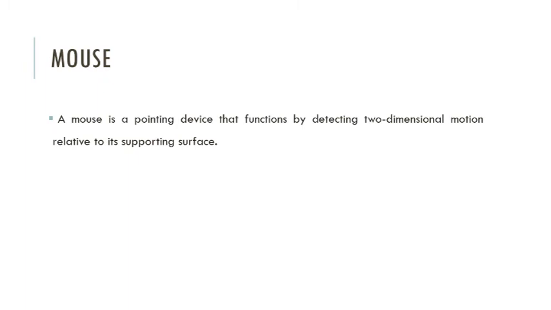Firstly we have to focus on the topic, the mouse. The mouse is a pointing device that functions by detecting two-dimensional motion relative to its supporting surface. We have the mechanical and optical types of mouse. We have three major types of commonly used mouse button clicks. The first one is the single left button click, known as the left click or the single click. The second one is the double click. Then we have the triple click and also the right click of this mouse. So these are some important divisions under the mouse. Then we have the mechanical and optical mouse available.